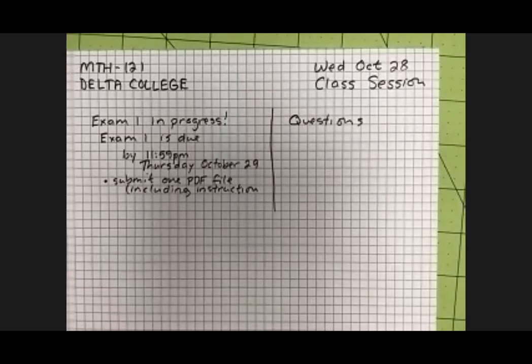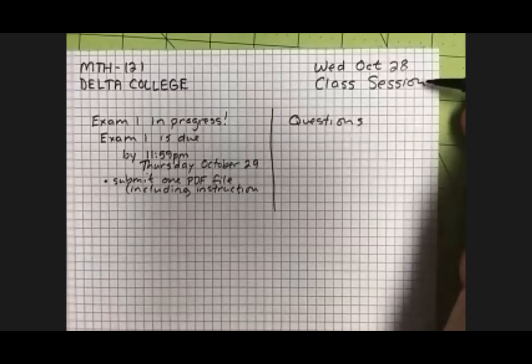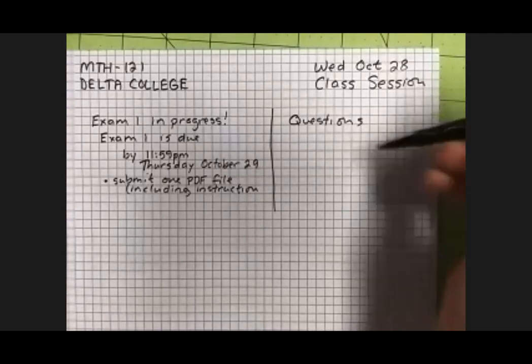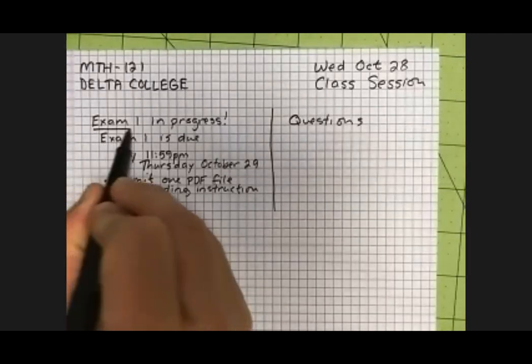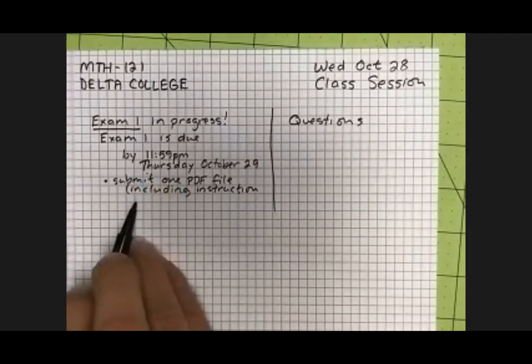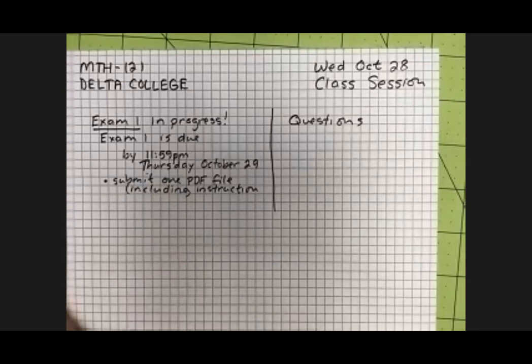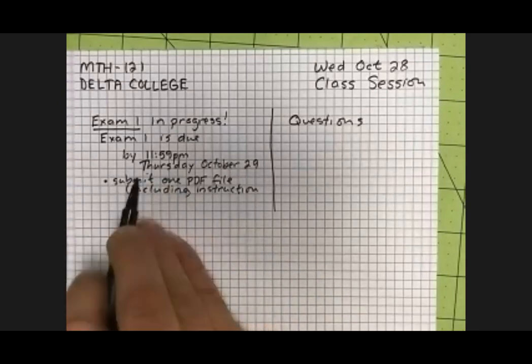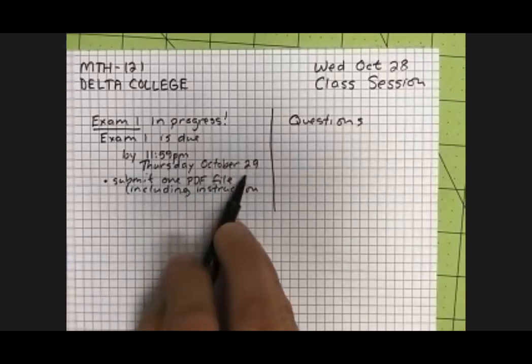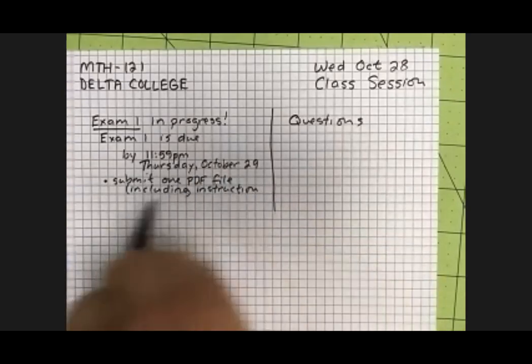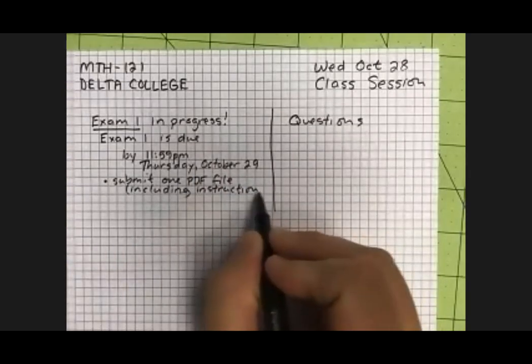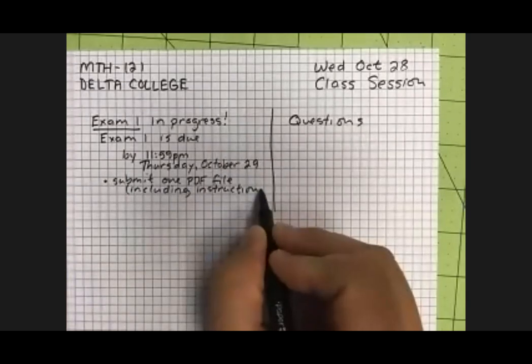Okay, good afternoon. It's Wednesday, October 28th. This is our class session, and we are completing our week, which is dedicated to exam one. So right now you're working on exam one, and exam one is due by 11:59 p.m. on Thursday, October 29. Submit your exam as one PDF file, including the instructions